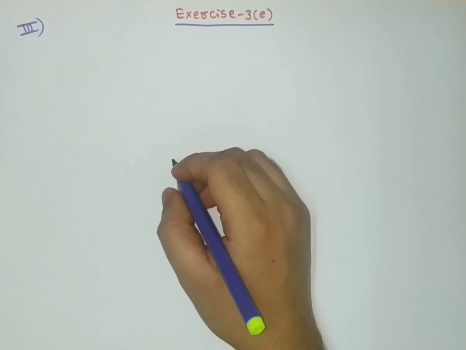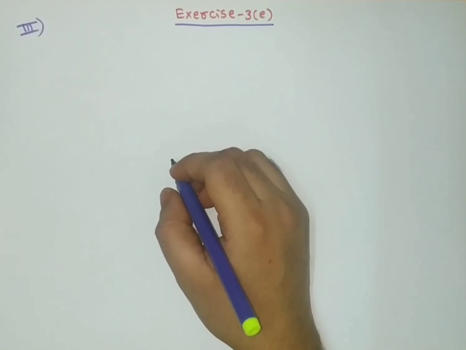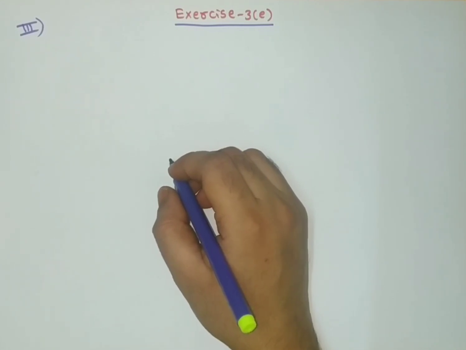In that, the first problem is finding the orthocenter by giving the sides of a triangle. We already discussed it. It's a very simple problem. By solving two line equations, you will get each vertex of the triangle. After finding the vertices, how to find the orthocenter, we already discussed in example problems. Do it. And coming to the second one, finding the circumcenter by giving the sides of a triangle.